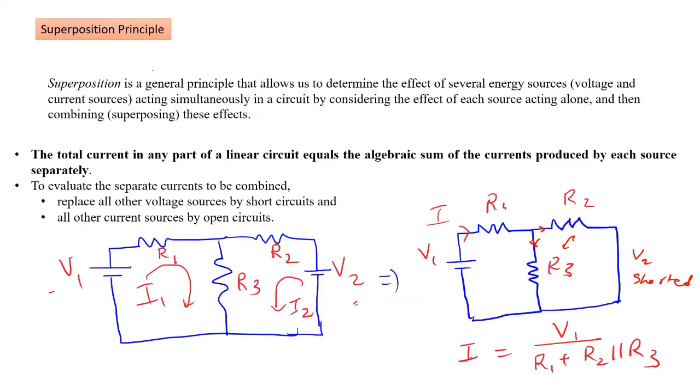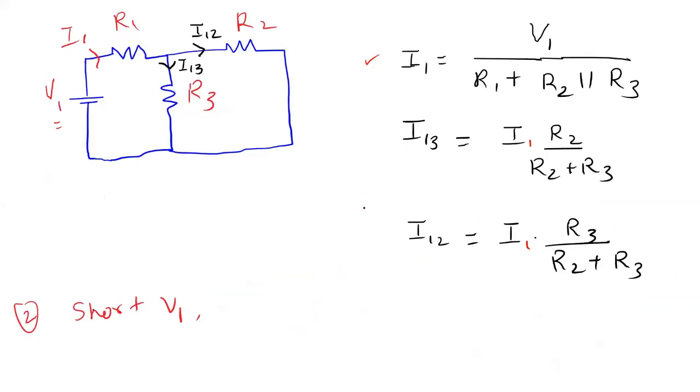What is the superposition principle? According to the superposition principle, if you want to find the total current in any branch, you have to short all the voltage sources except the one for which you want to see the contribution. Similarly, you will proceed with each and every voltage source by shorting the remaining voltage sources. And in the end, you will add up all the contributions individually. That is called the algebraic sum of currents provided by each source separately. And here we can see one example.